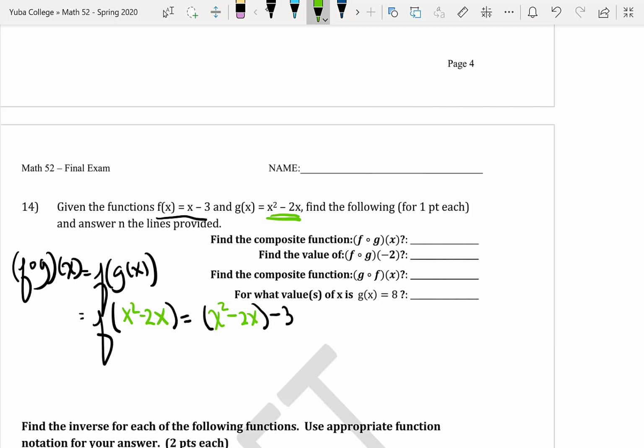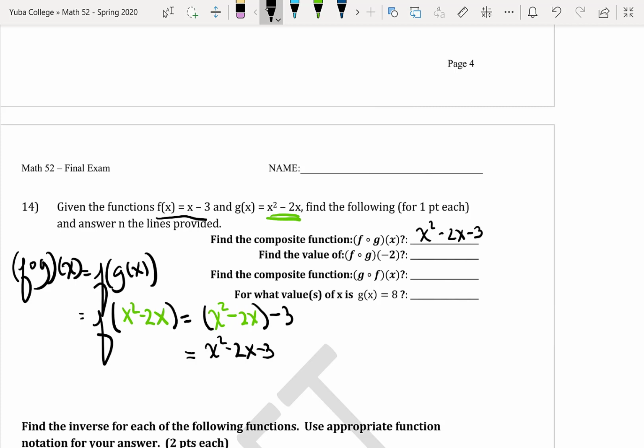So now it wants us to find f of g of -2. There's a couple ways to do this. We already did the work, so let's just plug it into this. This is f of g of x. So to find f of g of -2,